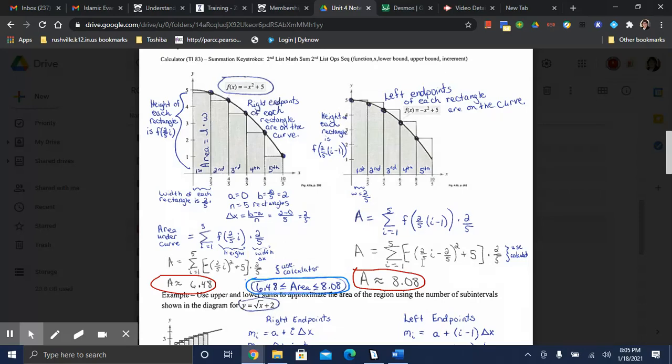So if I were to use 10 rectangles, I would have gotten an even closer estimate, or 20 rectangles, even closer. With an infinite number of rectangles, I would have actually gotten the exact area under the curve. And so that's what we're shooting for, is eventually to do a limit process and get the exact area under the curve. So hopefully this explanation lets you see where some of the formulas came from that I was referencing